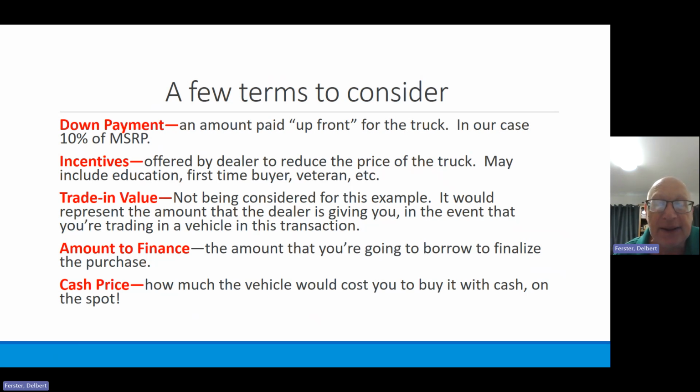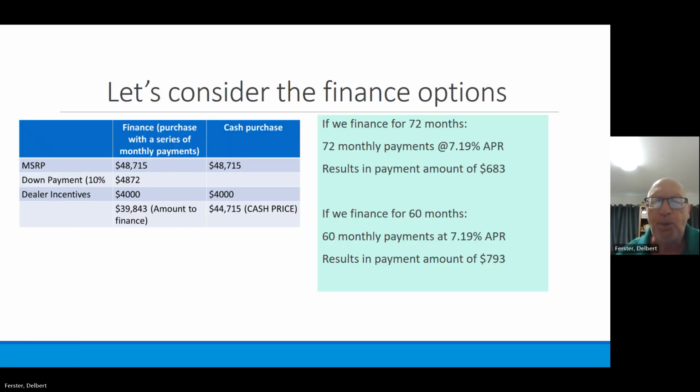How much we're going to finance? The cash price would be, you're not financing, baby. Here's my money. I'm taking that thing home right now, driving it off the spot. Here's the cash. Okay. Again, from the article, from the flyer, you can find that if we do 72 months,